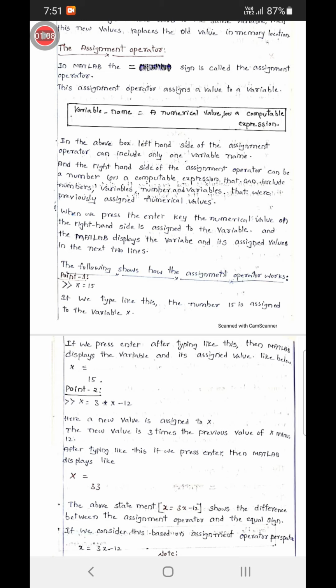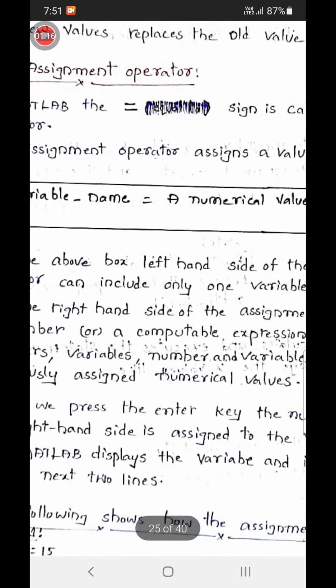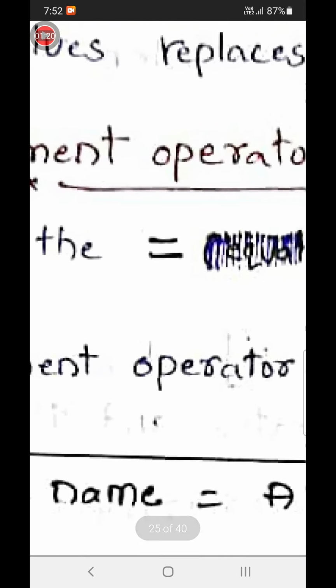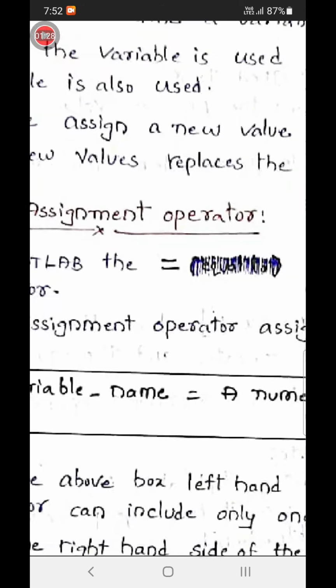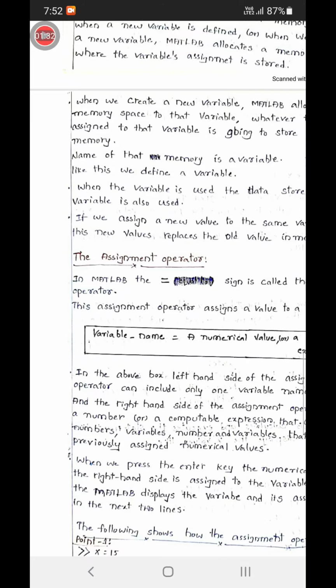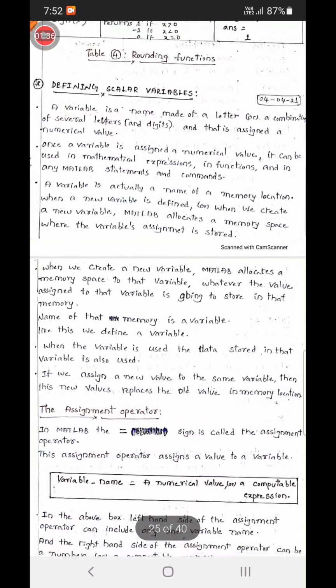In mathematics, this sign, these two lines, represents equal to, but in MATLAB it represents assignment. So we'll see the difference between equal to and assignment.